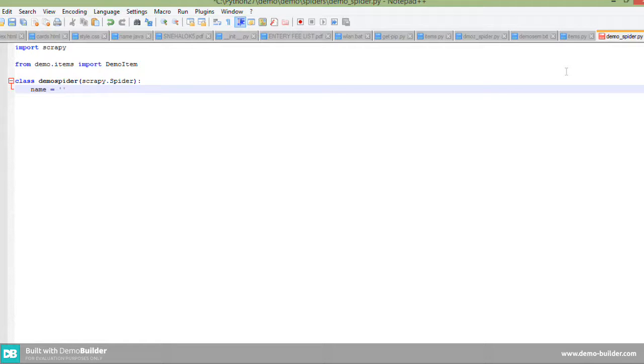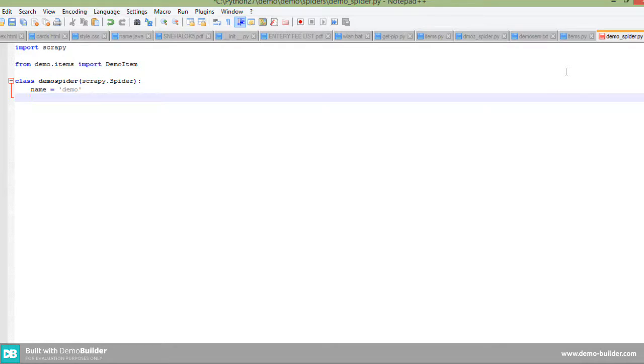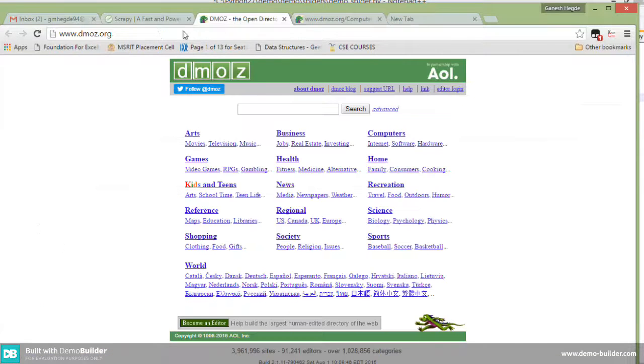I will name it demo. The next step is the allowed domains, allowed_domains. We need to crawl that website now. Copy and paste that website URL. These are the domains.